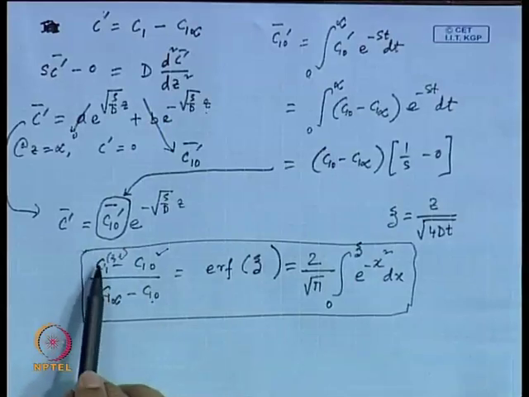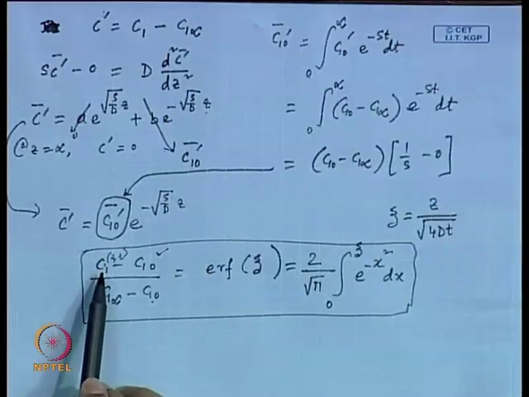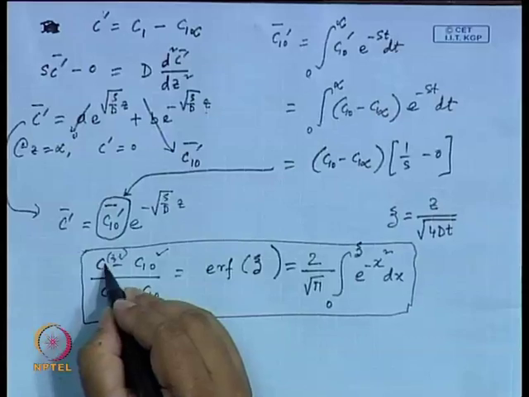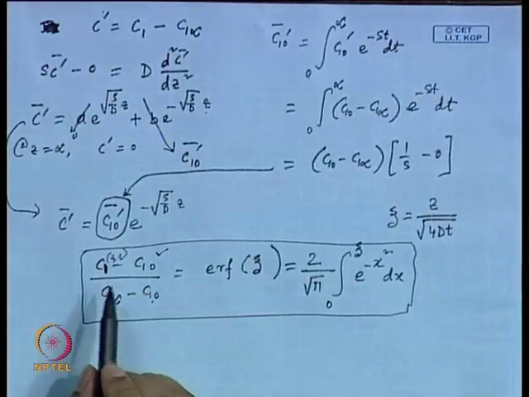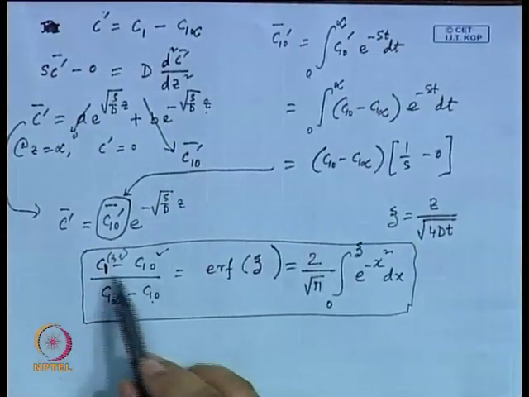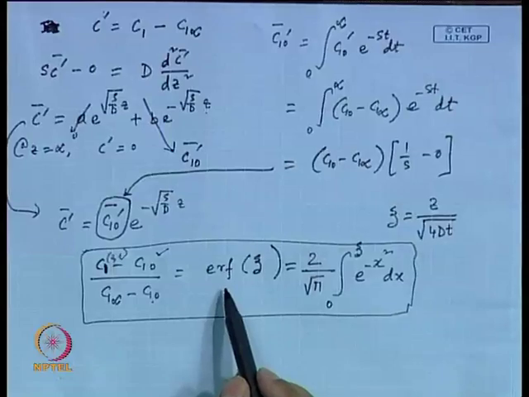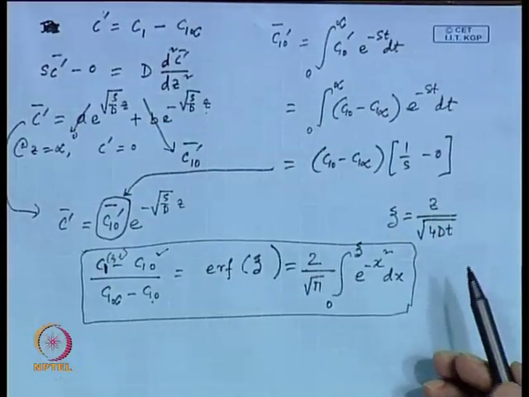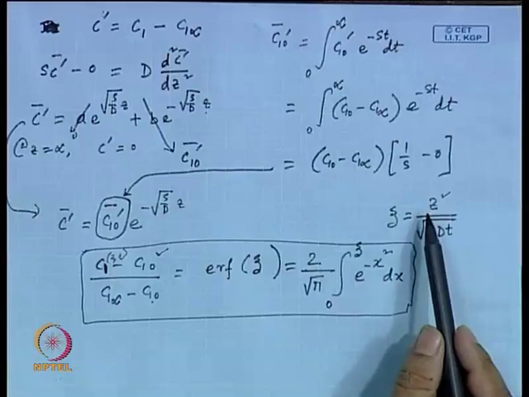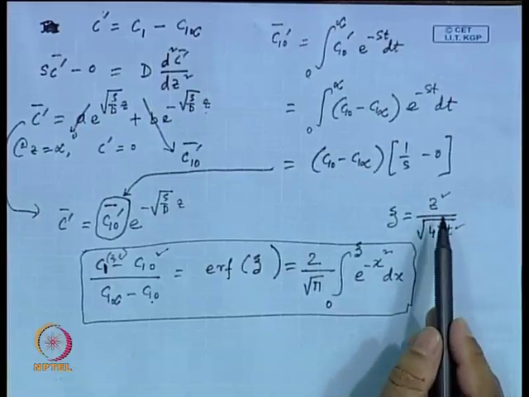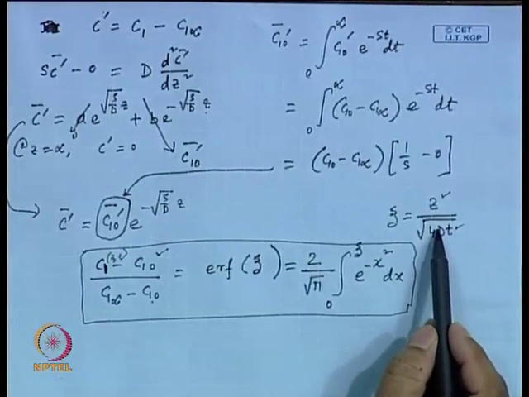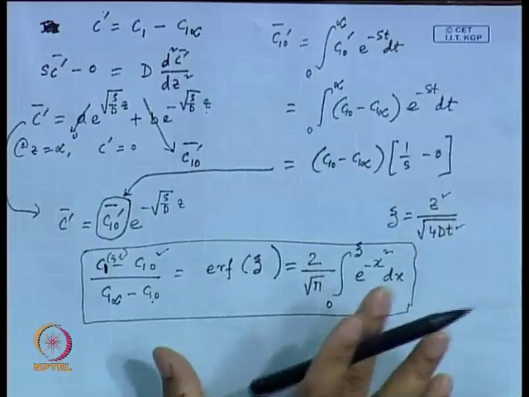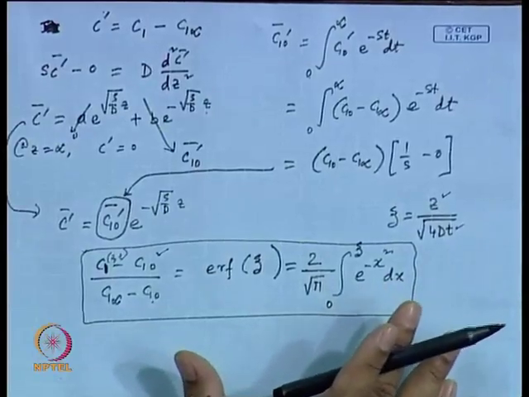So, this C1 is a function of z and t, and that is what you want to know. The functional form is the error function of zeta, where zeta is z by square root of 4Dt. So you have both z functionality involved, time functionality involved, and the diffusivity or diffusion coefficient that is involved. So, these are some of the analytical expressions that are available, and that will quickly tell you that,